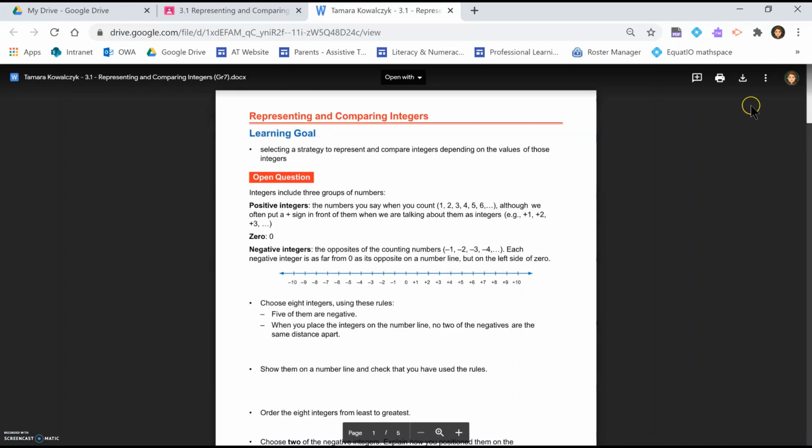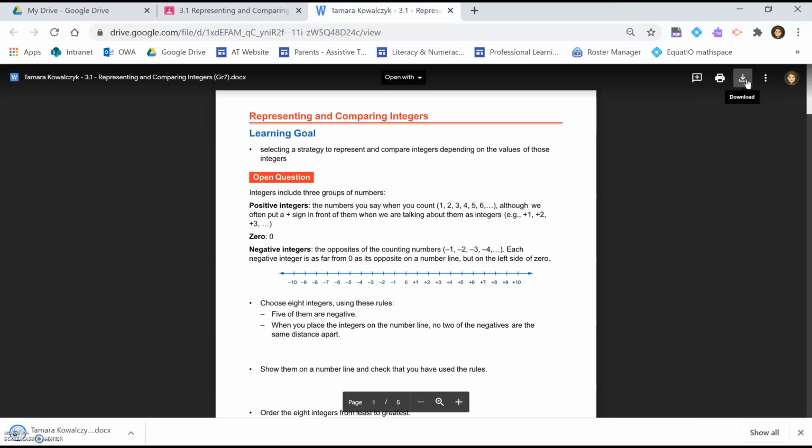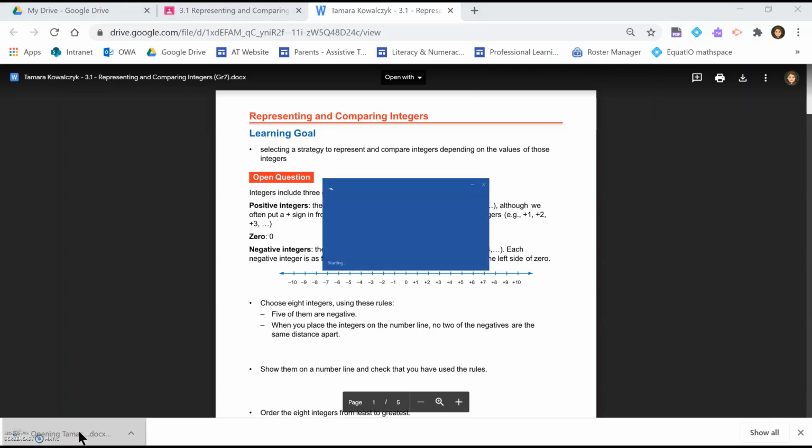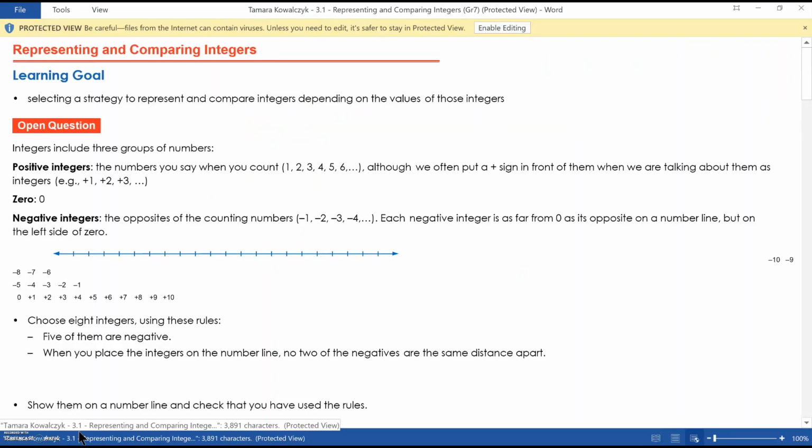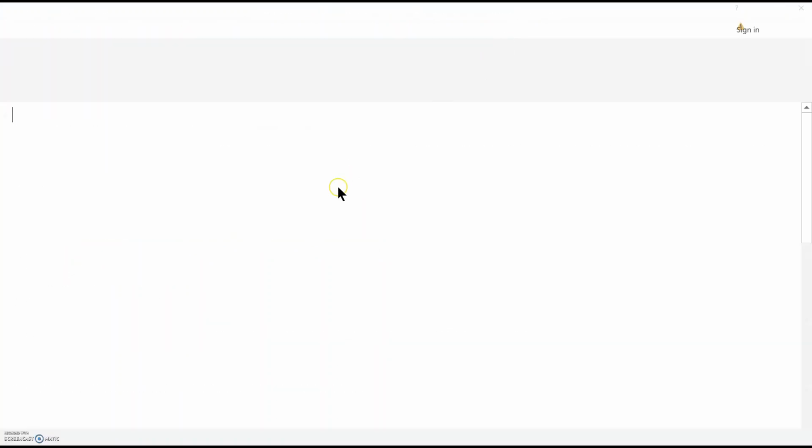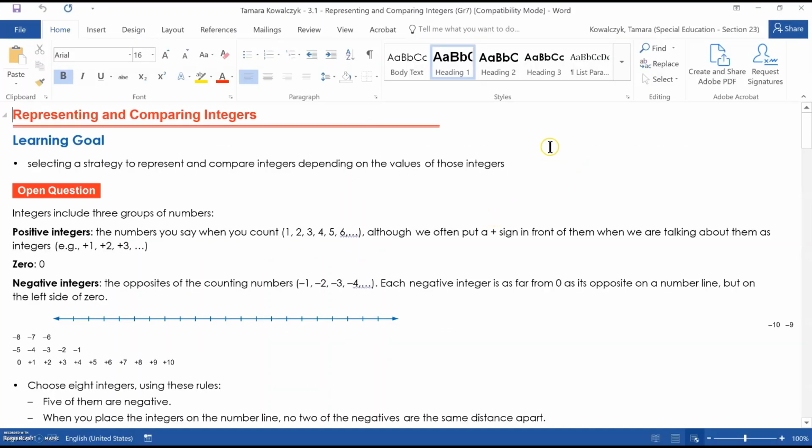And when I'm here, I can actually go ahead and download this file. So when I download this file, it's going to download onto my computer. And if I have an application like Microsoft Word, or if I'm using OpenOffice, I can go ahead and open this doc, and I would want to write my answers right into this document. So just so that you see,